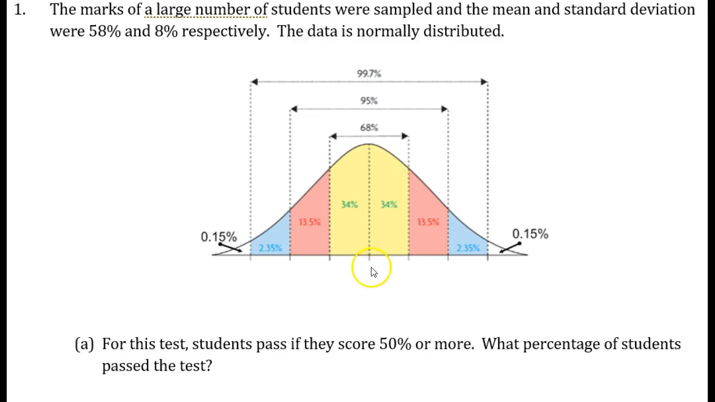So start here with the normal curve, and what we're going to do is fill in where our mean is and the effect that the standard deviation would have. So the mean, we said yesterday, will be here in the middle, and the mean is 58%. And with a standard deviation of 8 marks,